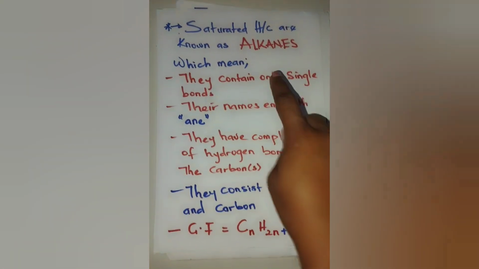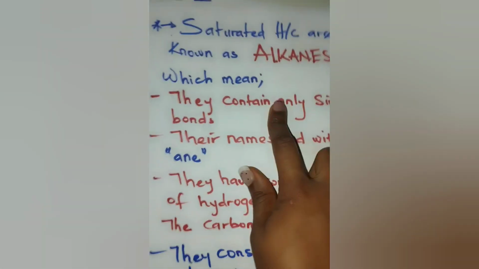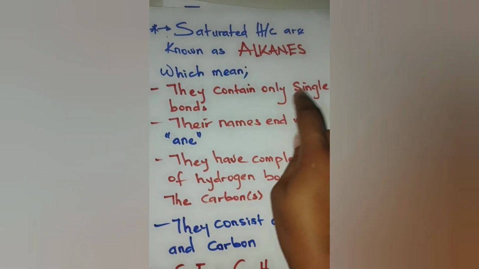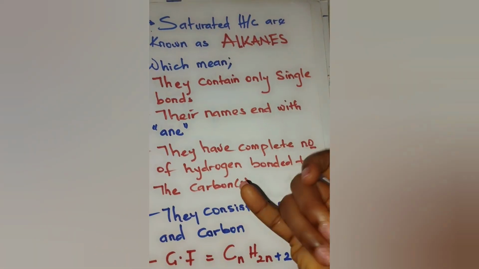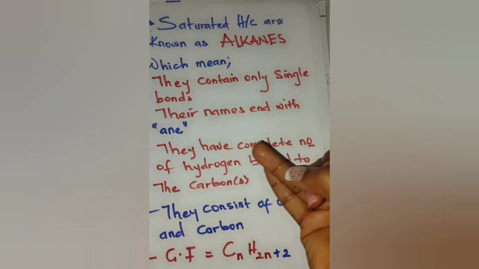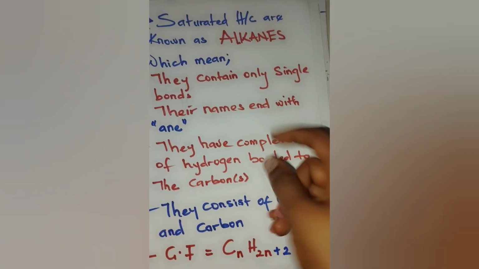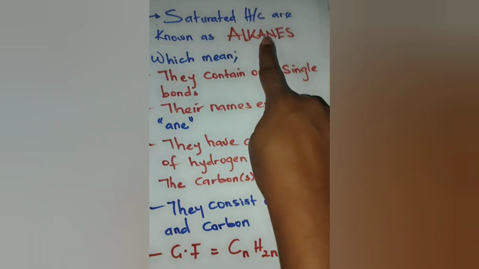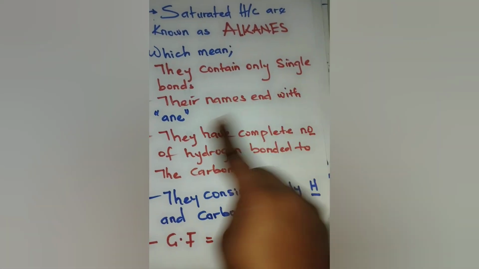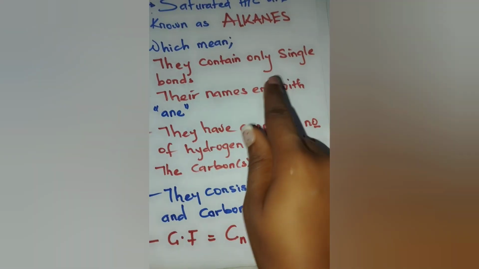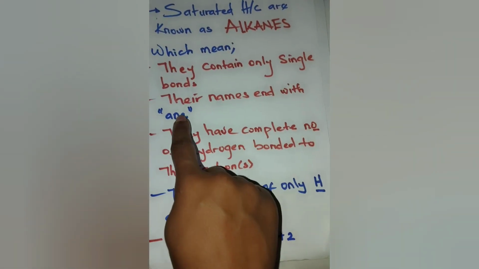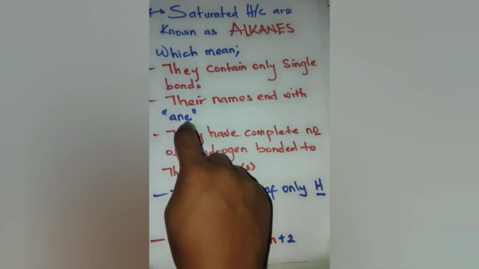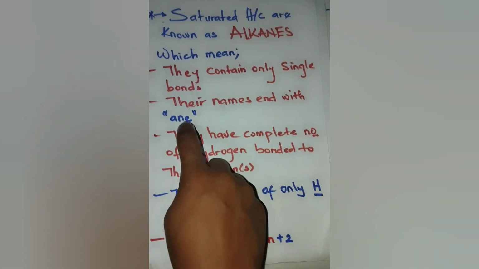as alkanes. Yes, the alkanes, which means they contain only single bonds. We have compounds that have double bonds, we have compounds that have triple bonds. These compounds do not have any of those bonds, they only have single bonds, and their names end with ane, not yne, not ene. They end with ane. And whenever you see any compound that ends with this, know that it